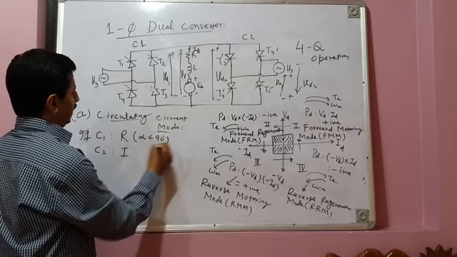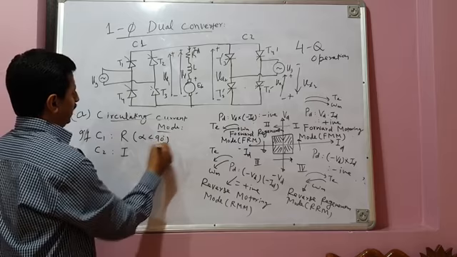So to go from quadrant 1 to quadrant 3, your machine has to first pass through quadrant 2. And similarly, to go back from quadrant 3 to quadrant 1, your machine has to pass through quadrant 4. I hope this is clear to you. So your machine is capable of operating in all the 4 quadrants. This is called 4-quadrant operation, 4Q. Q stands for quadrant.